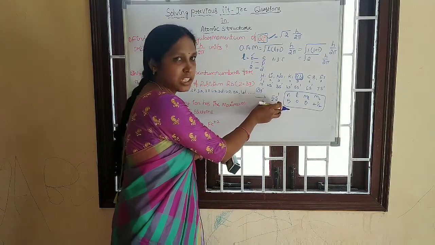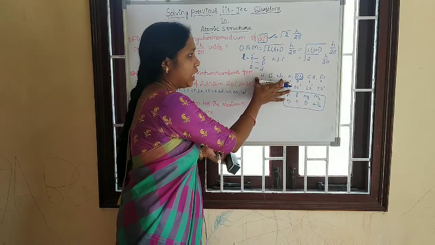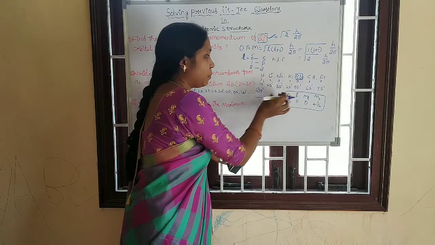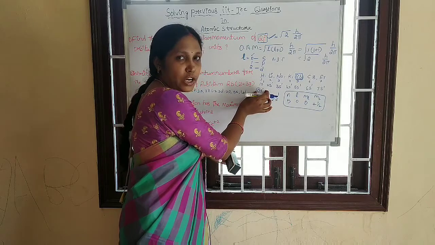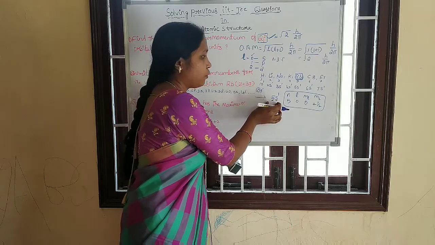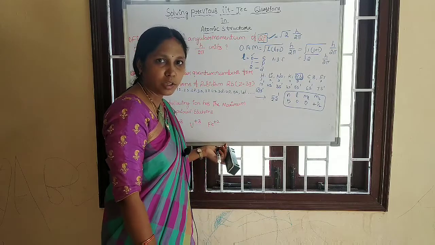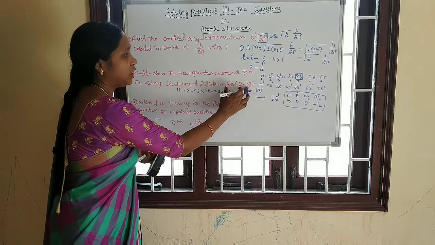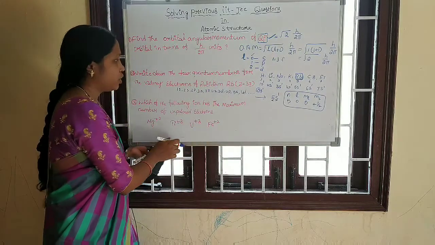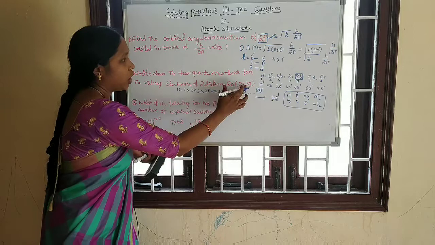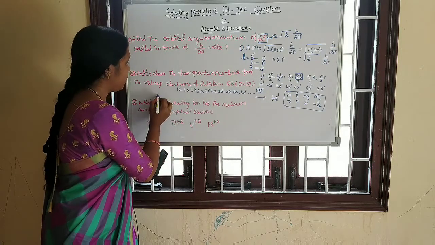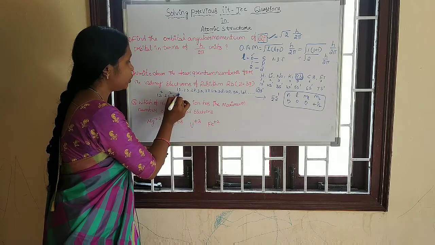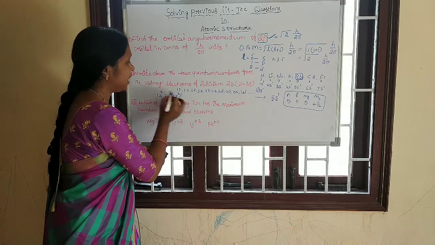This is a very easy method. You know the element, which group and which period. On the basis of the group and period, write the valency configuration. Afterwards, you write the 4 quantum numbers. Otherwise, if an atomic number is given, write the configuration on the basis of the atomic number. That is 1s2, 2s2, 2p6, up to these 10 electrons.